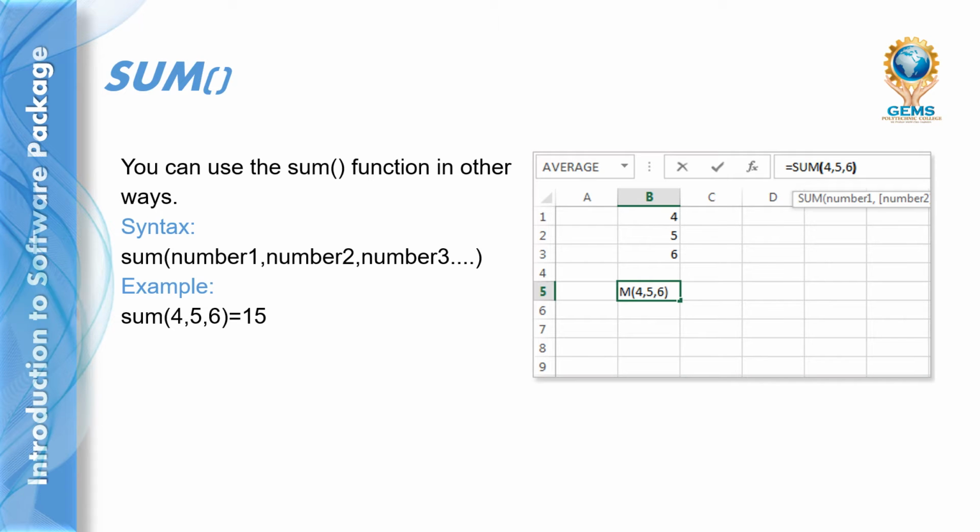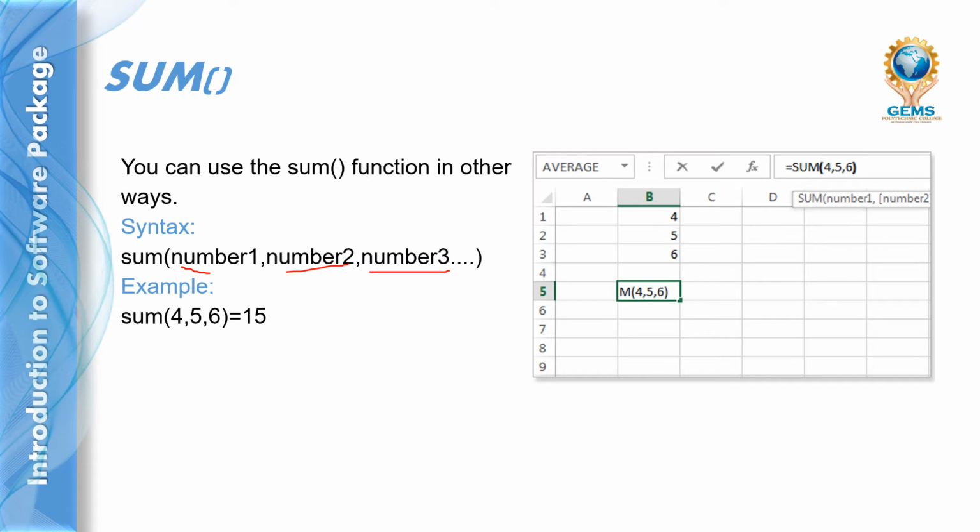Now you can see there is another way to use the sum function. The syntax is SUM of number 1, number 2, number 3.